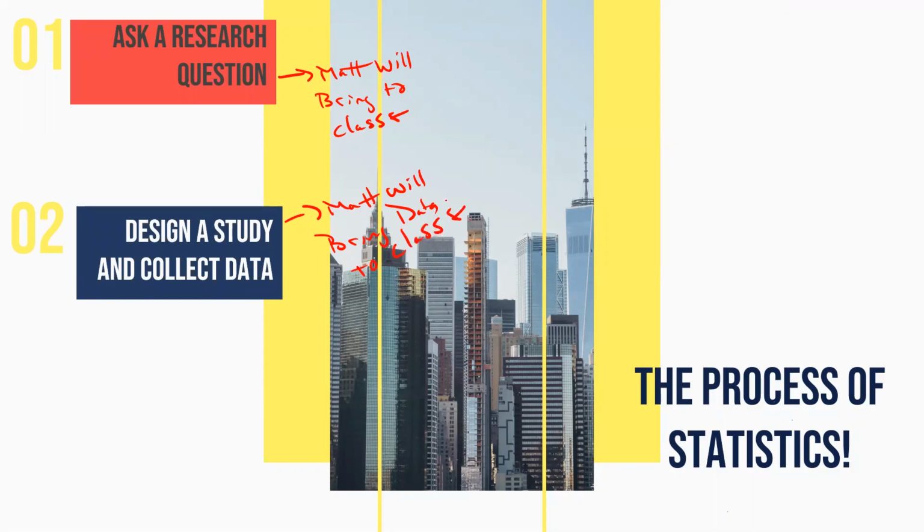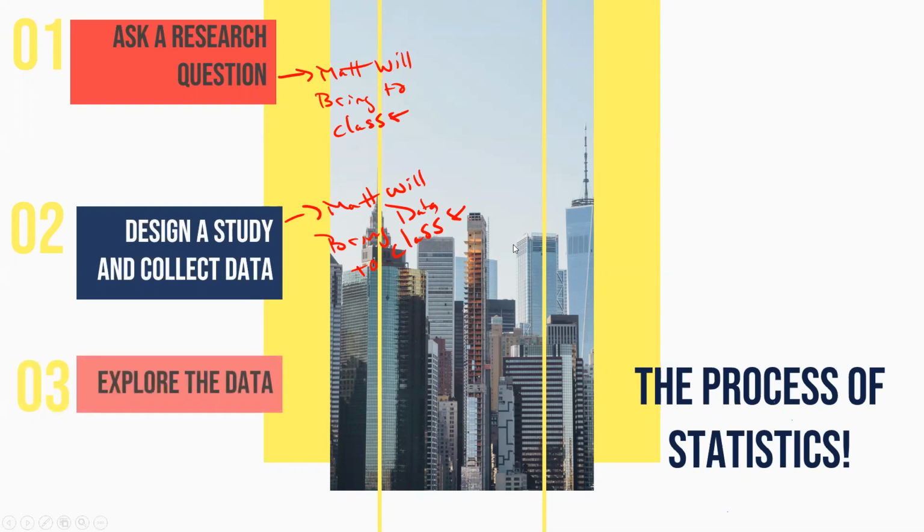There are whole graduate level courses called experimental design and data collection. So at the end of this lecture, I'm going to talk to you about different data collection processes, but in general in class, I will always bring the data. I'll say, okay, here's the data we're going to look at. The third step in the process is you're going to explore the data. This is section 1 of our course, descriptive statistics. You're going to take your raw data and turn it into information.